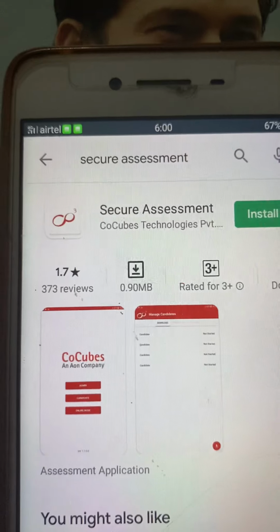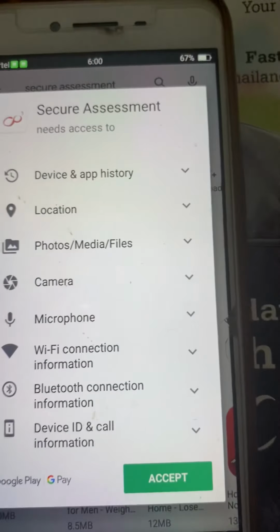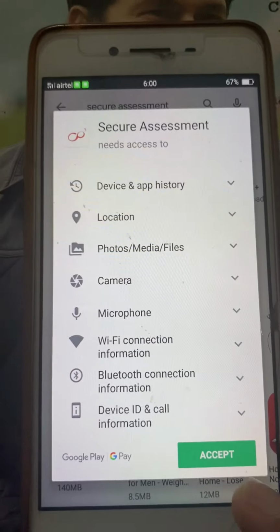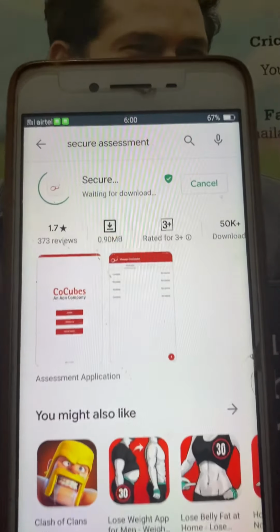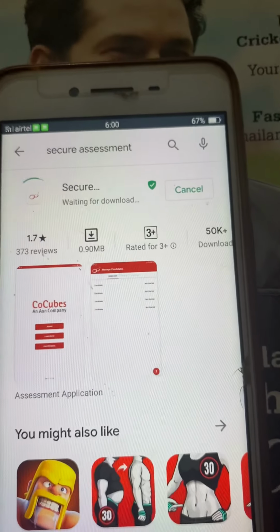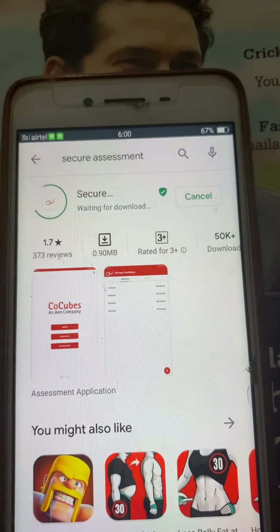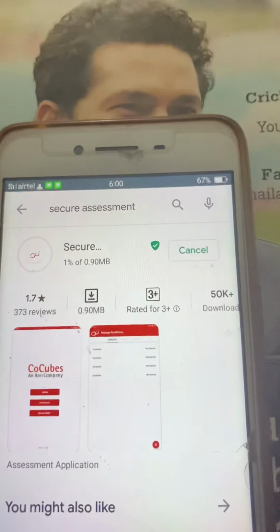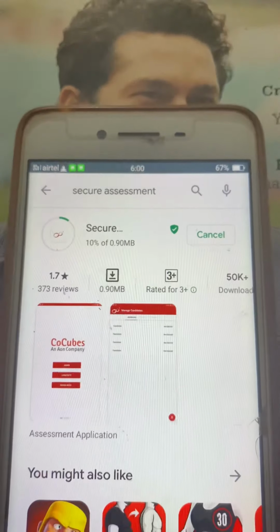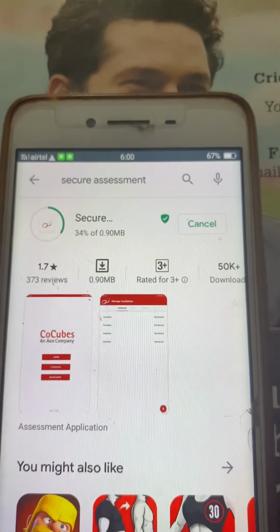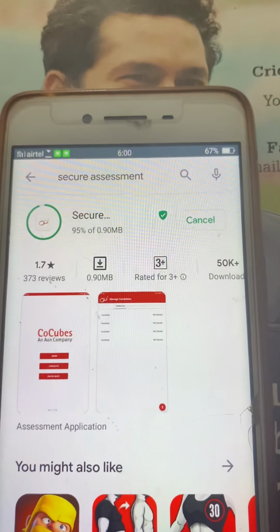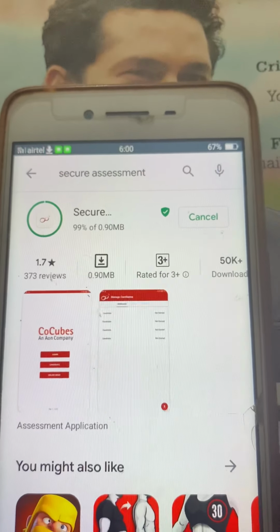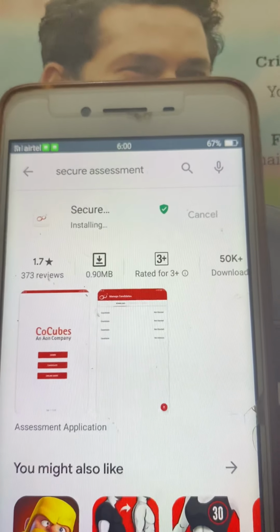After that, click on install. When you are going to install this software, I'm going to accept it, and you will be receiving a pop-up. You have to click allow for every pop-up you are receiving while installing this software. Once this software is installed, we will go for open. When you open it, it will be asking for the access token, right?